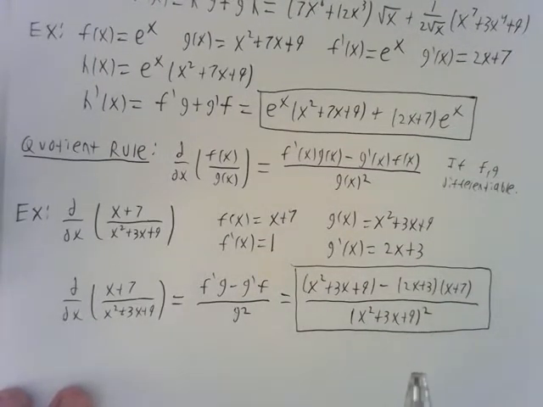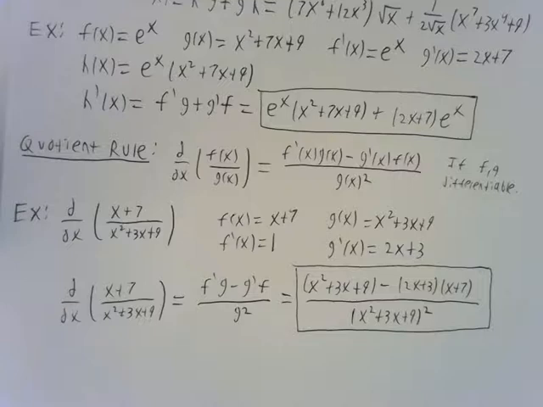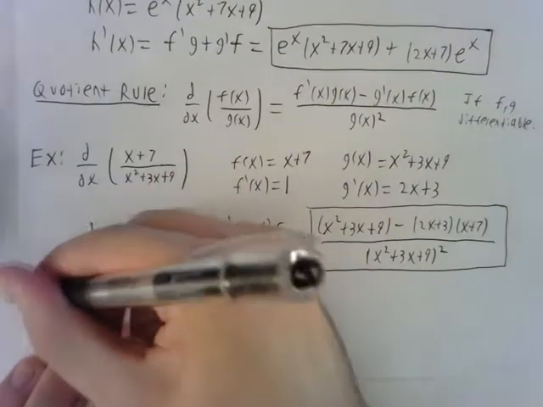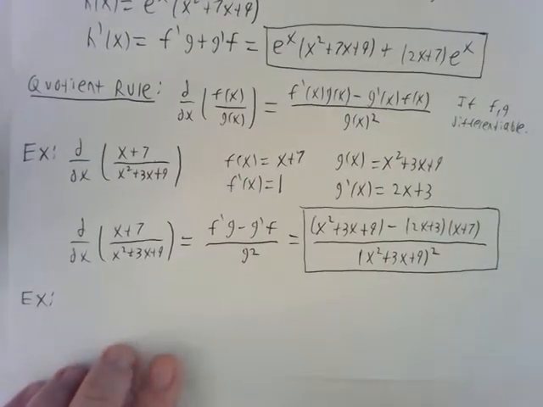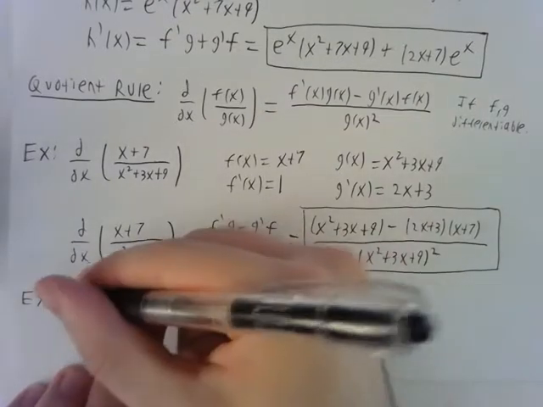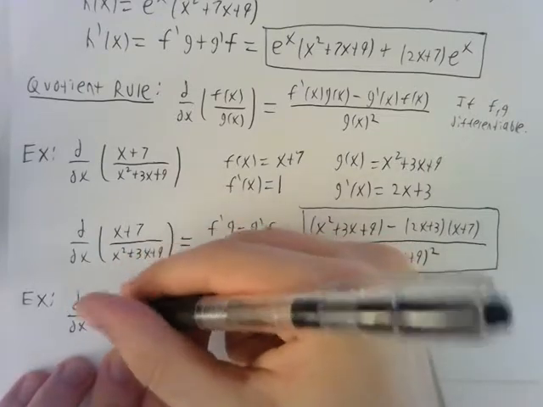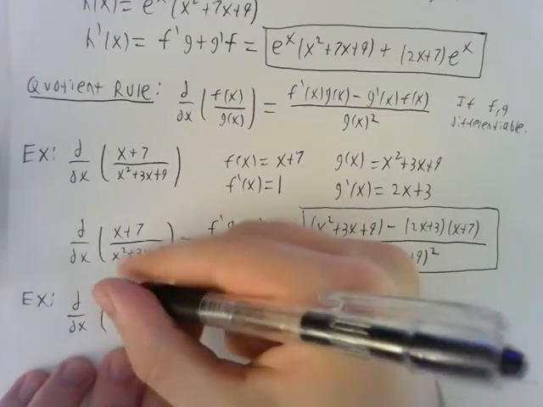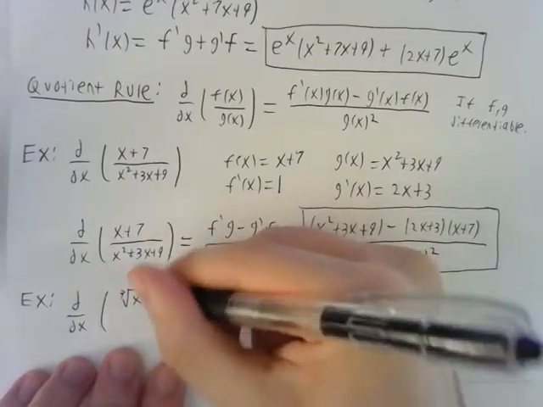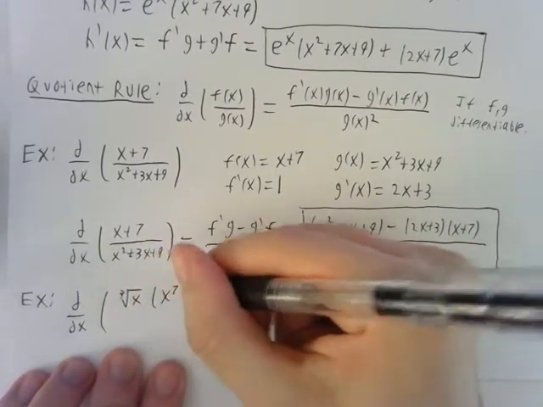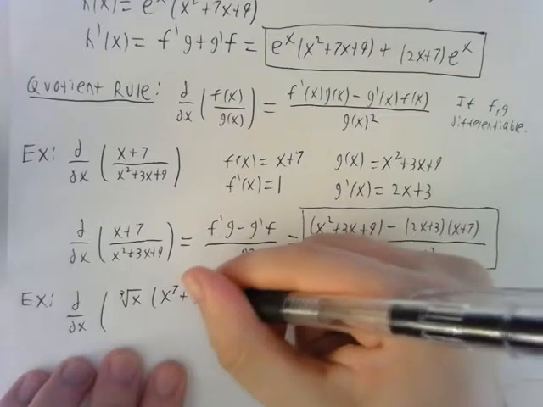And so using these two rules can help us to take derivatives of a much wider class of functions, especially if you use them in combination with each other. So for example, I'll leave it as an exercise for you to work out the details, but suppose I wanted to take the derivative of something like, I don't know, cube root x times x to the 7th plus 1 over x, all divided by x squared plus 1,